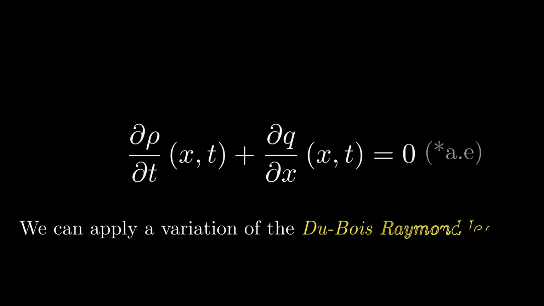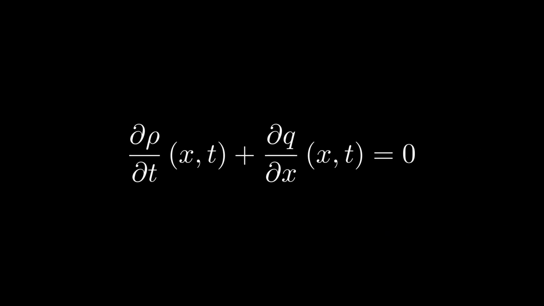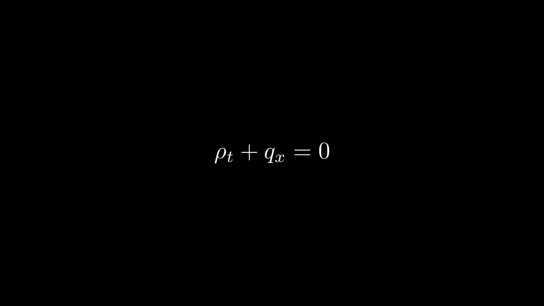Let's compactify the notation a tiny bit. We'll replace the partial derivative symbol with a subscript containing the variable of partial differentiation. So del rho over del t would be denoted rho sub t, and del q over del x will be denoted q sub x. The equation we're left with is called the conservation equation. So we've successfully transformed the earlier qualitative statement that the number of cars is preserved into a first-order partial differential